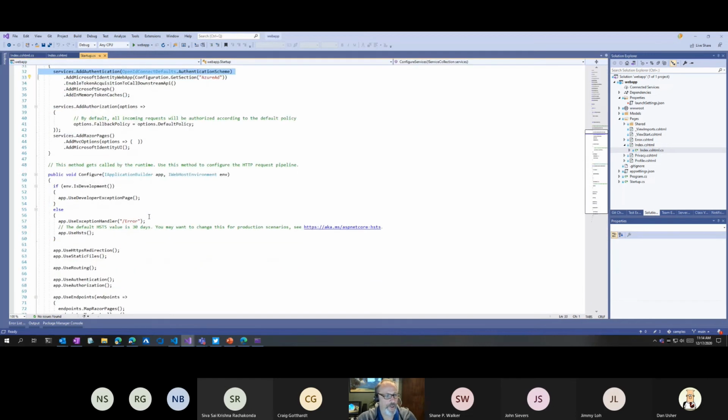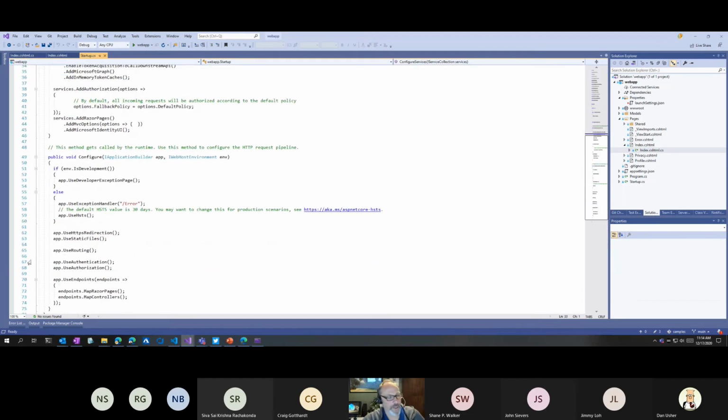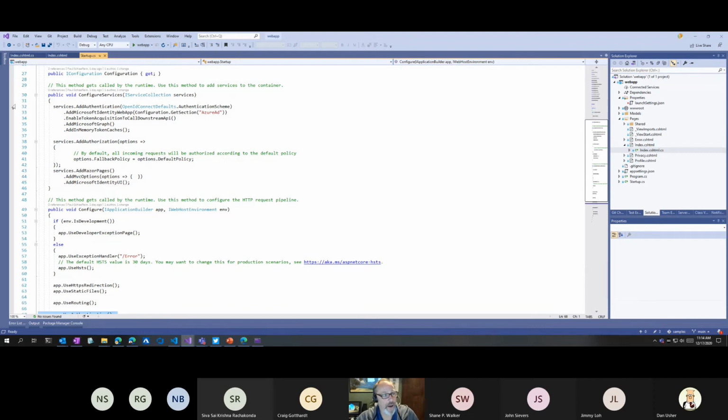Further down, I've said that I want to use authentication. So in my application, I've said, don't show any pages unless the user is authenticated. And then I add the authentication middleware. And what ends up happening is, again, black magic. If a request comes into a page and I don't know who the user is because the browser hasn't logged them in, and again, that could be cookies or tokens or whatever the case may be, however my server is